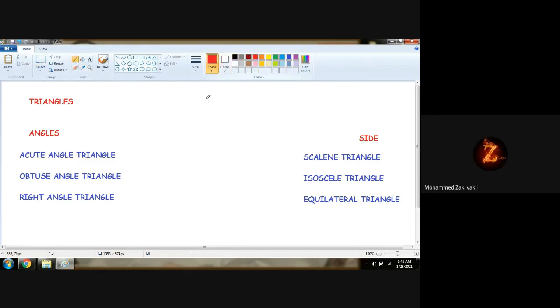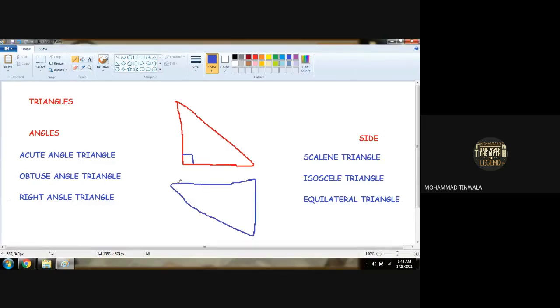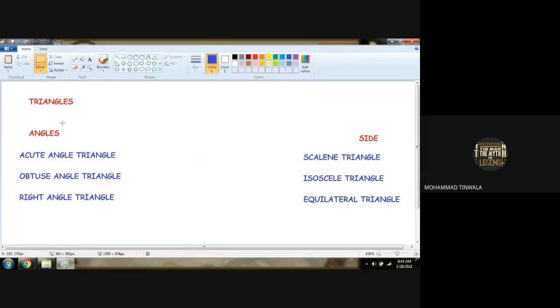And right angle? Any one angle must be 90 degrees. Very good. That triangle is known as a right angle triangle. It may be any one; it is not necessary that the triangle looks like this, it can be like this too. Over here also it may be formed at 90 degrees. Then also it is known as a right angle triangle. Understood? Anybody has any doubt about triangles on the basis of angles? No, sir. Very good.